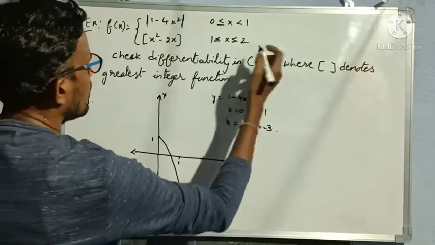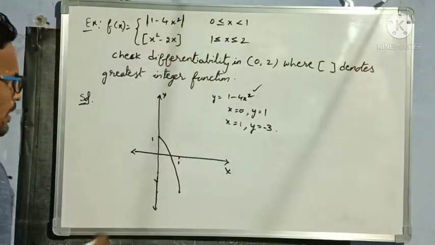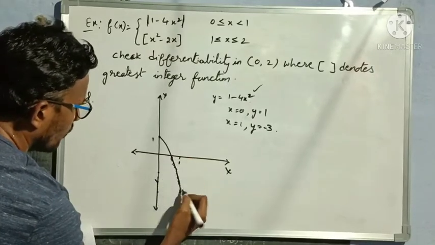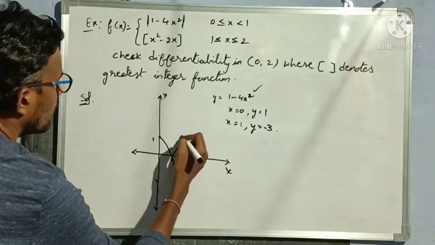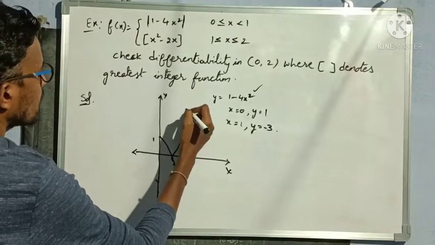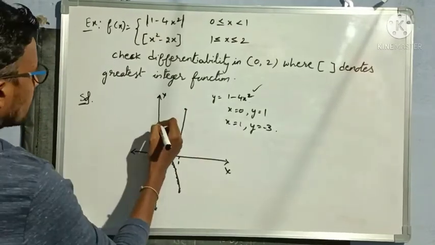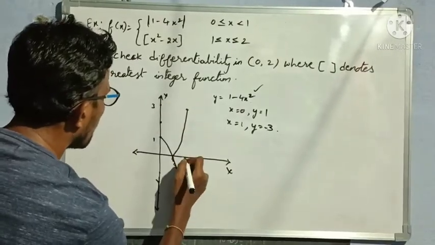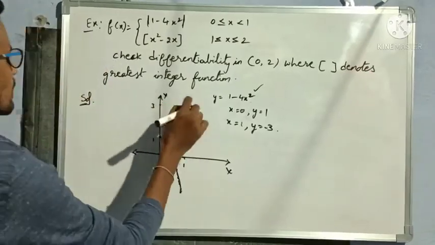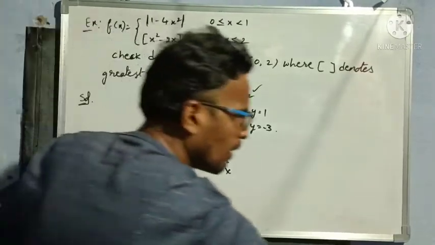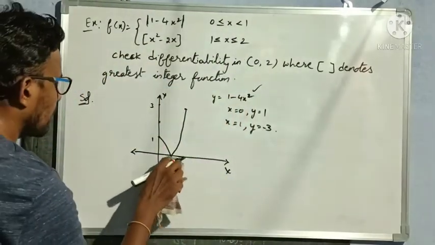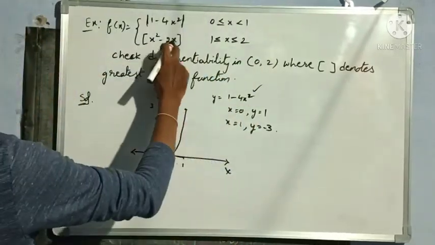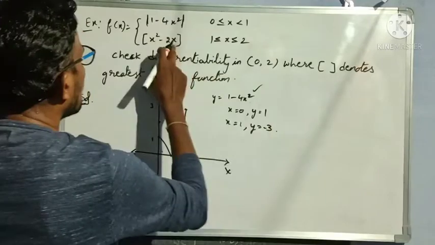But what he is saying means he is giving mod. Mod represents negative value becomes positive value. So this graph will become reversed like this now. Means this goes up to 3 in the positive direction but not in the negative direction. So if suppose this is 2 and this is 3, then this ends at exactly 1 and on the y-axis at 3. This is the graph of modulus of 1 minus 4x square. Understood everybody? Okay.